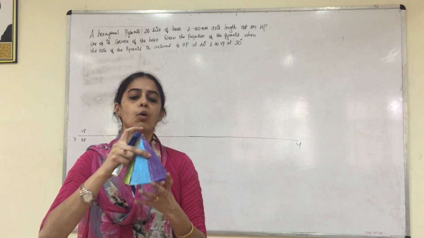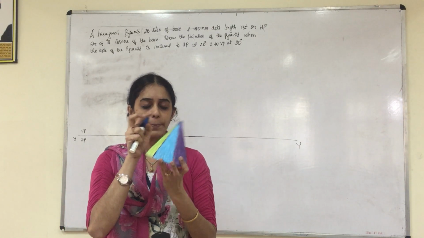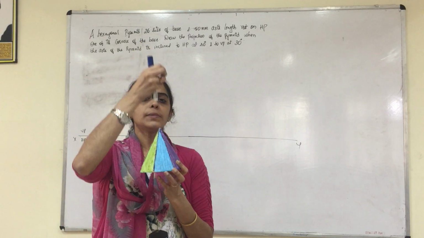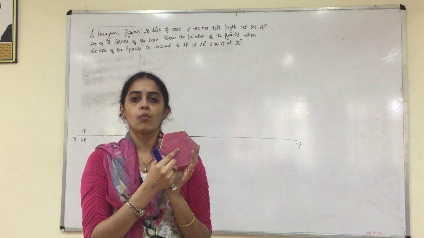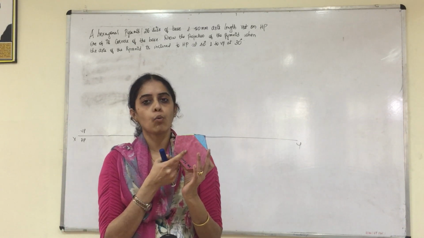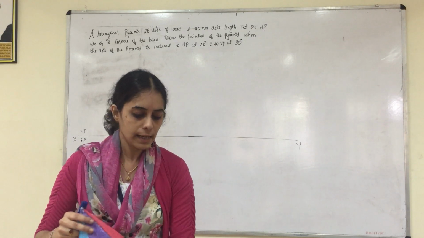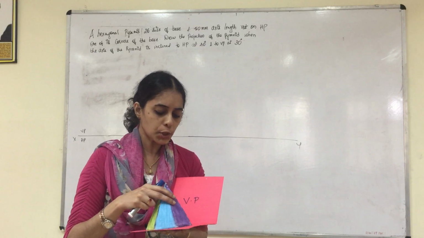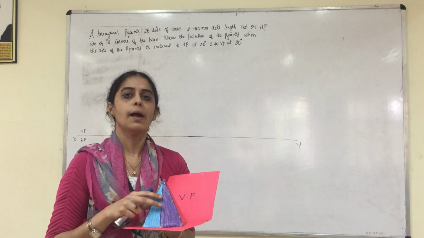You will have O, which is the center at the top apex, and O1, the center of the bottom surface. When you view from the top, O will be visible and O1 will not be visible. So you will write O outside the bracket and O1 inside the bracket. So in the top view you will see the true shape of the hexagonal base.